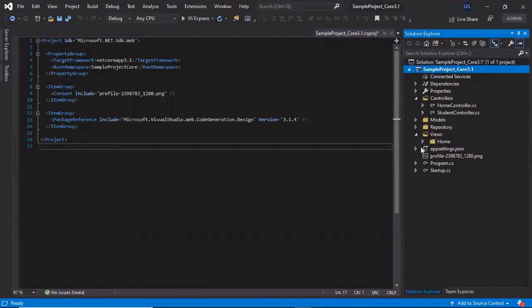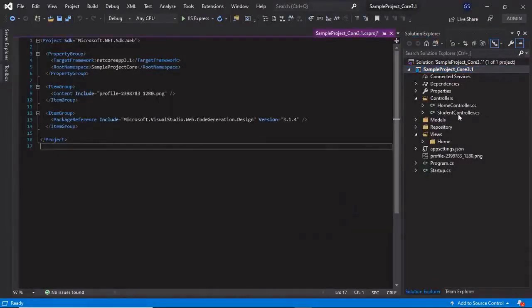If you look at the Views folder structure, we have a view present for the Home controller for the Index action. But as of now, we have not added the view for the Student controller. That's why it is not showing here. So basically, when we create a view or add an action to the Home controller, all the views regarding the Home controller will be placed inside the Home folder, and all the views regarding the Student controller will be created under the Student folder.